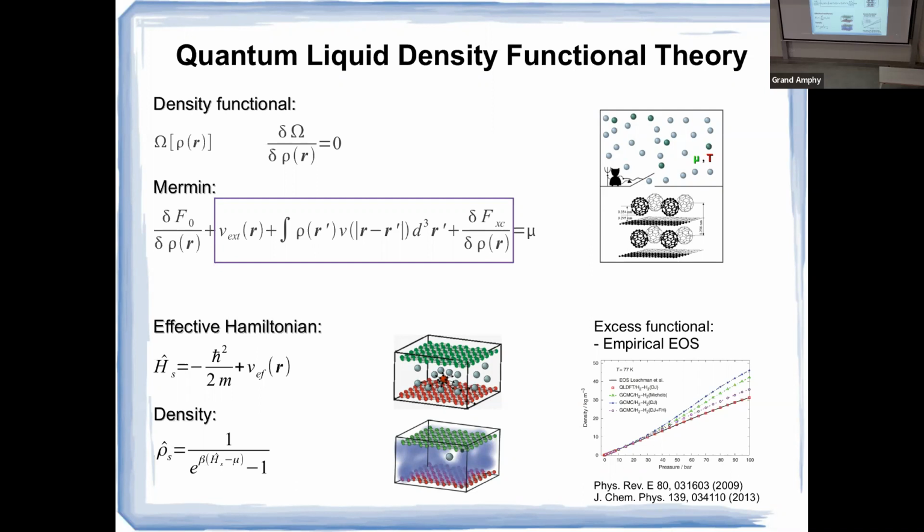So for that, we set up a density functional scheme that is now not for the electrons, but for the hydrogen molecules treated as bosons. It's very similar to electronic DFT, but the main difference is that we now have a functional that is not the energy, but the grand potential, because we're working in the grand canonical ensemble. We'll minimize this potential, and we arrive at an equation that can be seen to be equivalent to that of a non-interacting fluid moving in this effective potential.